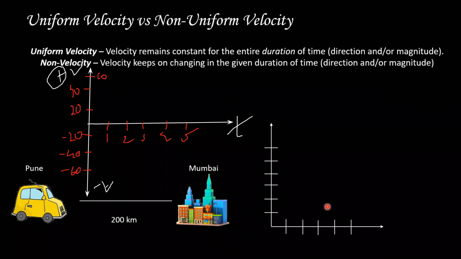So this is positive velocity and negative velocity. Minus 20 if we go in the opposite direction, plus 20 if we go in the forward direction. So let's say my car is now going to Pune, to Mumbai. So I'm going from Pune to Mumbai like this. And I have my velocity, I have my time. So I'm going like this, okay. So let's say for the first hour, so from 0 to 1 hour, I was going at 40 kilometers per hour from Pune to Mumbai. Then again from 1 to 2 hours, for the next 1 hour, my speed was again 40.